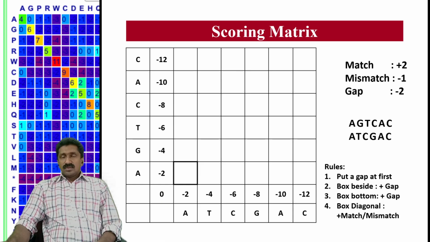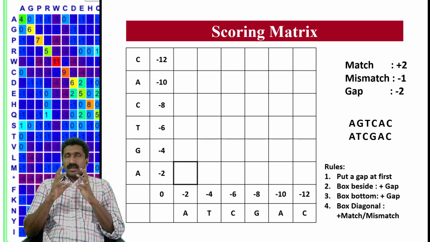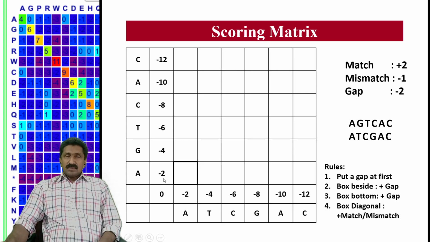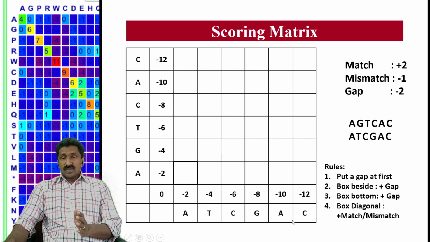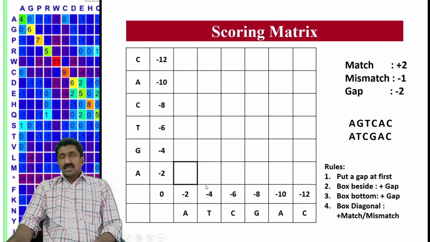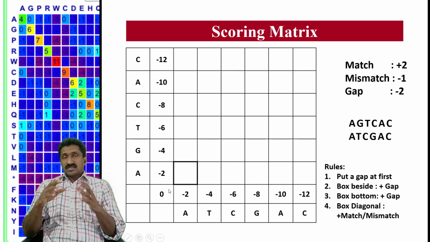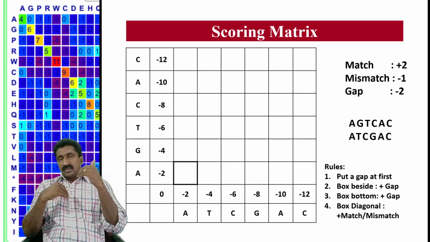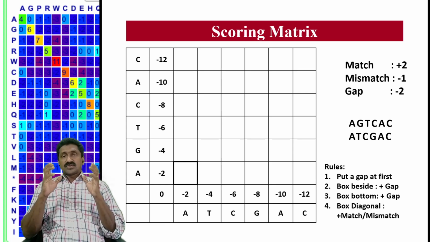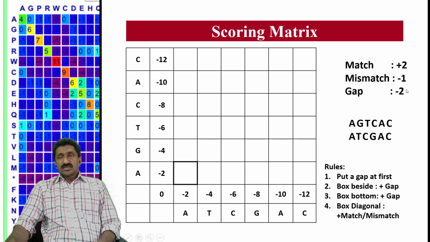Now in case of Needleman-Wunsch, for a global alignment, we are assigning -2 values, because if you are moving horizontally or vertically, not diagonally, in the x-axis or y-axis, you have to subtract the value of a gap. That indicates insertion of a gap. So a value of -2 needs to be added if you are moving in this direction. That's why for every base the initial value assigned is 0, -2, -4, -6.